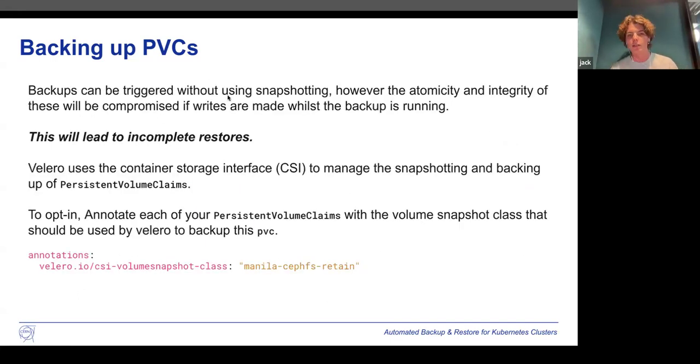So yeah, partially cover this. As I mentioned, we recommend using snapshotting because it ensures that your backups can be point in time. It's then very easy to recover without having incomplete transactions, for example. But in terms of what's actually happening under the hood when you're backing up a persistent volume, Velero is delegating